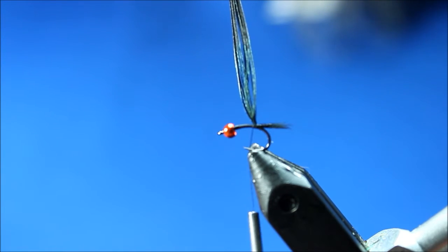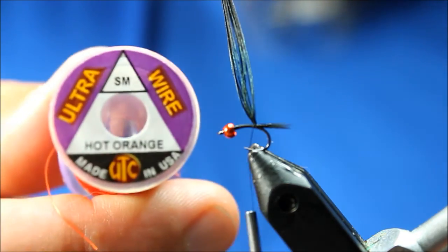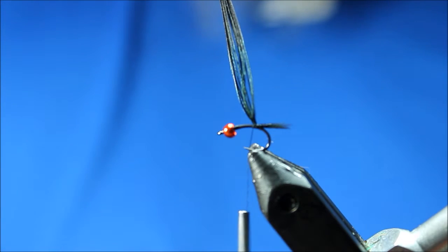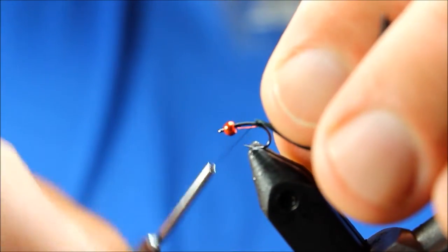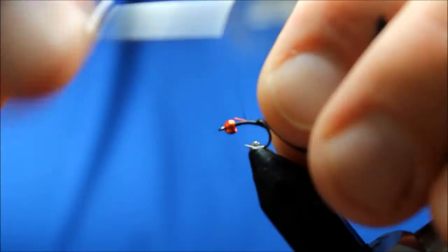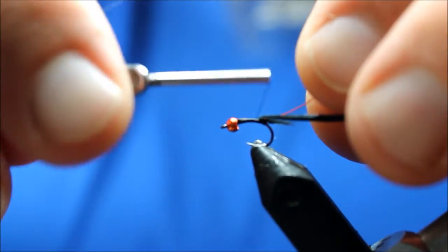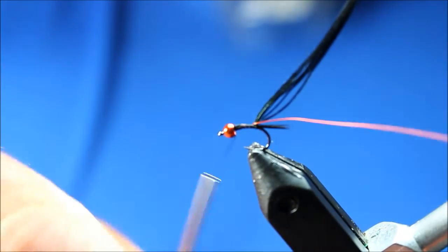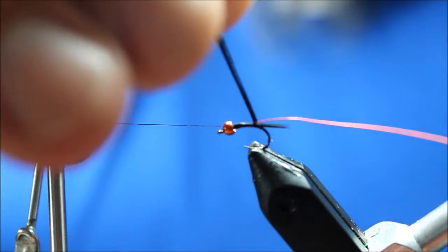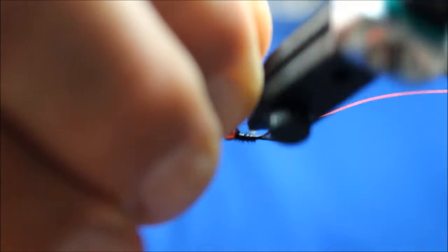And then I'm going to tie in at this point some hot orange in size small of the UTC ultra wire. I'm just going to lay that on top and lock it in real well. These little, what we call Frenchies in the competitive world, I think originated just because, quite honestly, we get lazy tying intricate flies and tend to simplify everything, and then find that ultimately they catch fish just